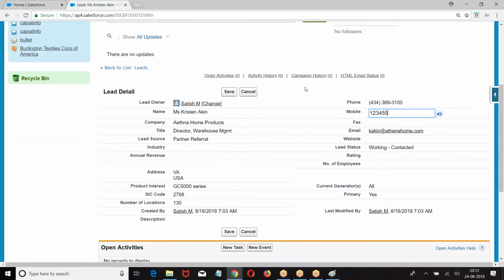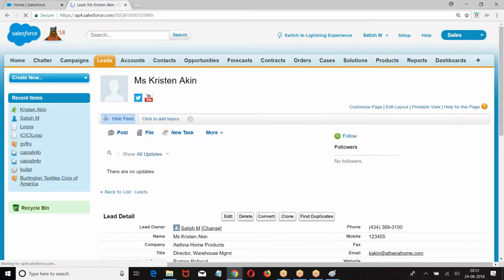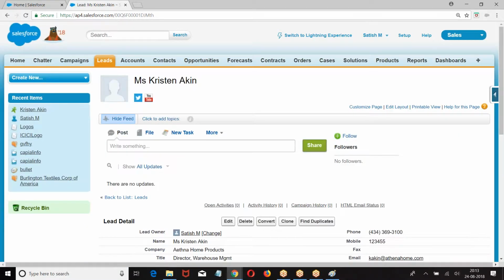This is called last modified. If you modify the record programmatically, it is not considered. It will modify, but LastModifiedDate is the date and time when the record was modified manually.